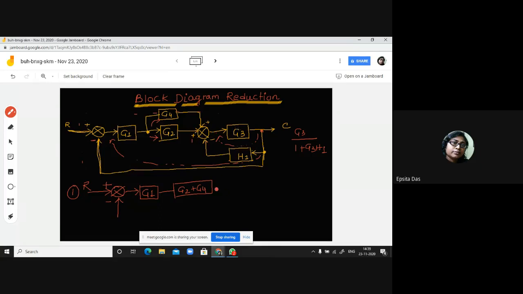So as per that, we have to write it in the way the feed forward path is G3 by 1 plus G3 into H1. So 1 plus G3 into H1. So this summer is out of the system, as well as this feedback path is also out of the system. So I can draw the next reduced loop as this. The first reduced step as this. Okay, so this is my step 1 after reduction of this and this part.